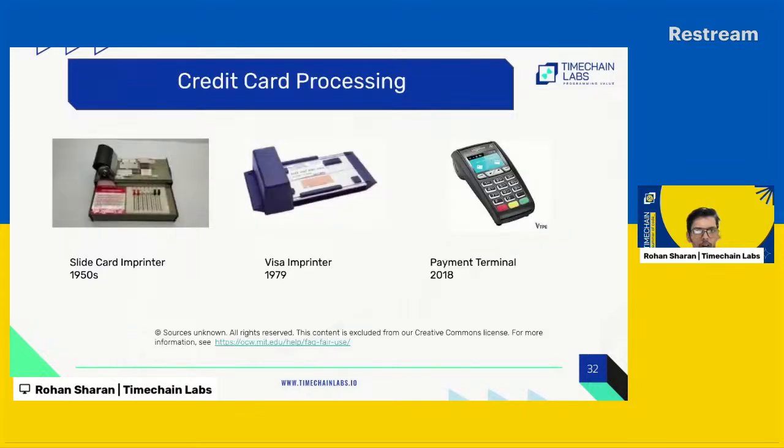But coming to how the processing happens, right now you can process cards physically with these machines, in which essentially it's acting like your authorization. Only you have the PIN, so you authorize, or sign, the transaction to happen from your account to somebody else's account. Then a variety of intermediaries make sure the payment happens, and the ledgers at both banks, on both sides, are updated. And that's what essentially makes the transaction.